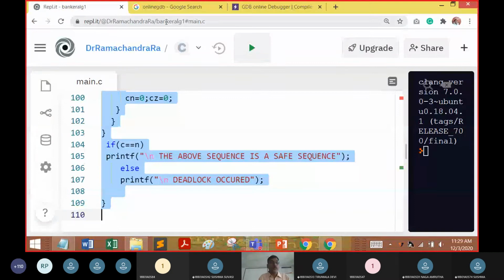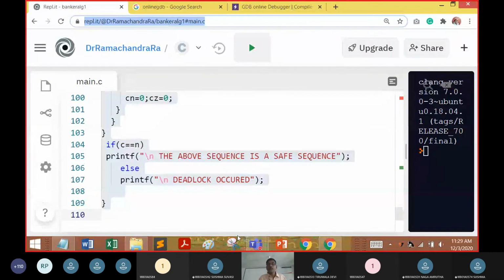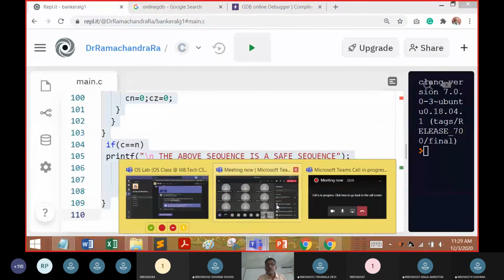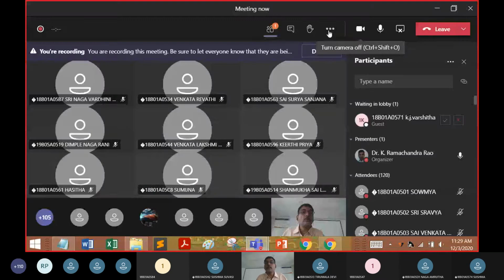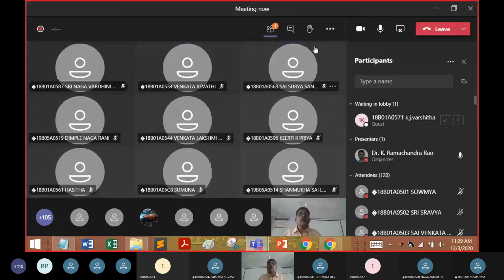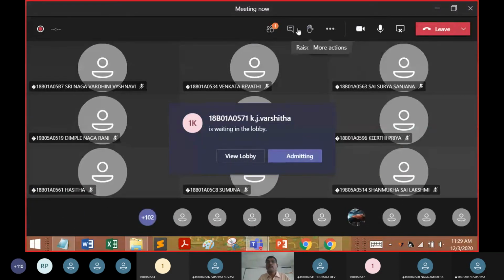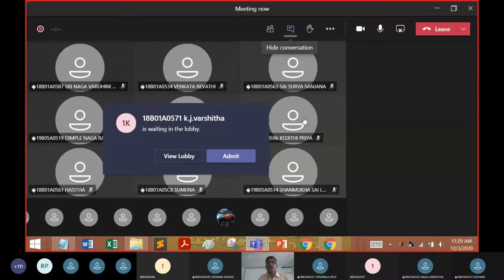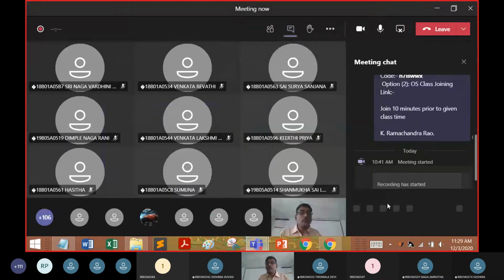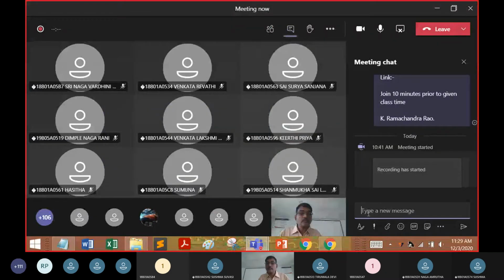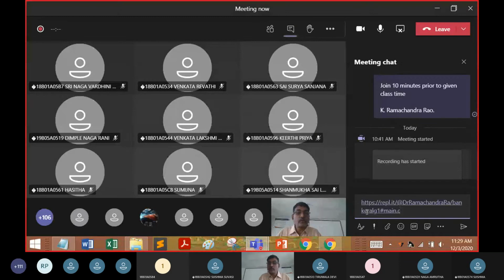So now I'm going to put this REPL code in my chat box, so you can use the same REPL code here.